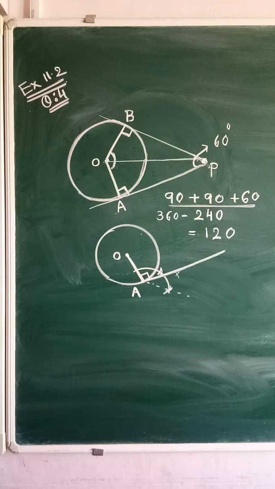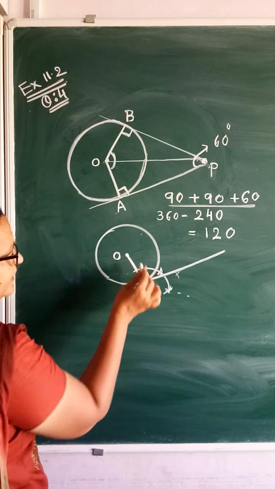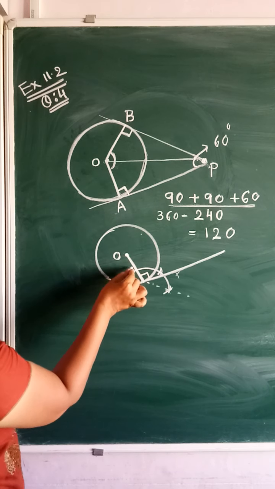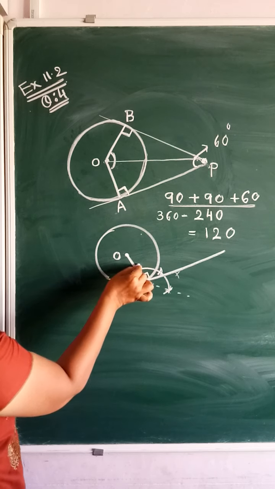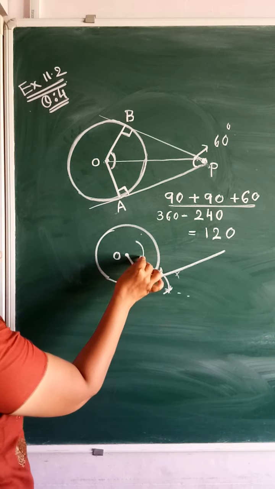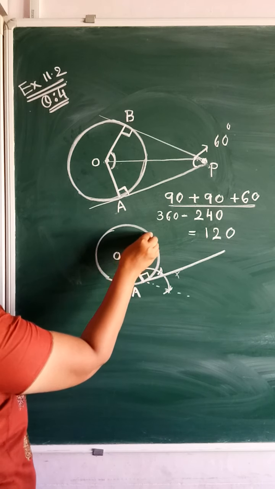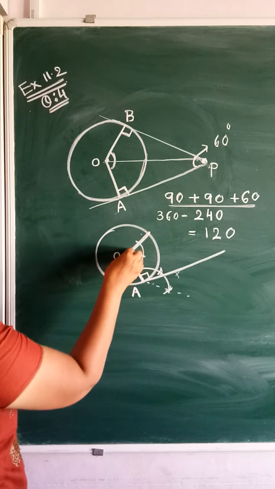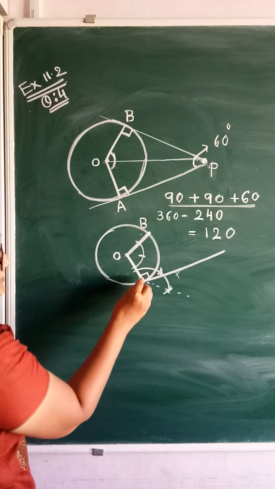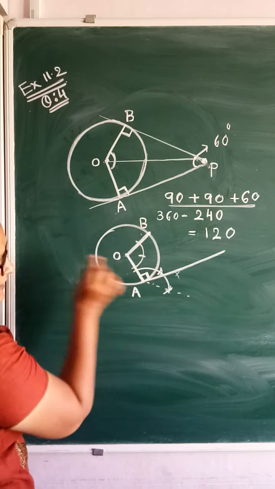Now as I told you, at the center we have to draw a 120 degree angle. So again keeping the needle of the compass at O, give an arc like this. This is suppose 60 degree, this is another 60 degree. So this angle is of 120 degree. This is your point B. Now we have already drawn the 90 degree, and we have drawn the 120 degree.